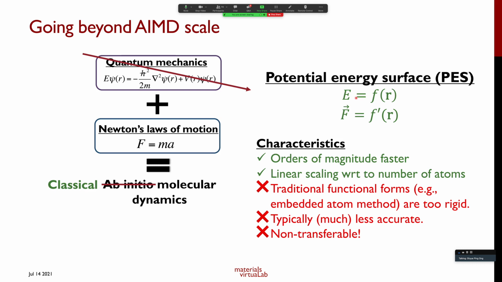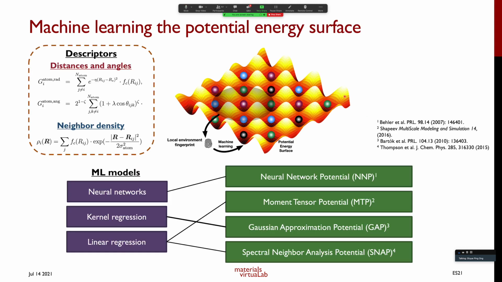So how do we actually parameterize the potential energy surface in a way that is reproducible and also transferable, as well as still retain close to DFT accuracies in things like predicting energies and forces? And this is by using machine learning, right? None of this work is from my group, okay? It has been developed by others who specialize in developing what we call machine learning interatomic potentials,